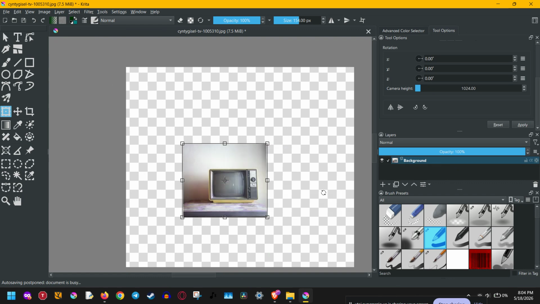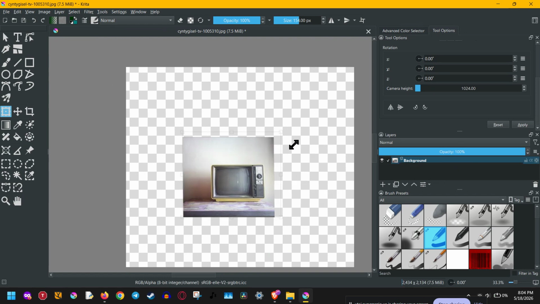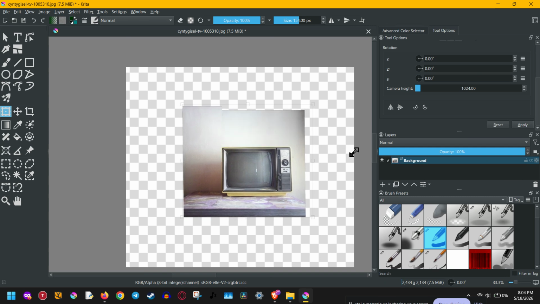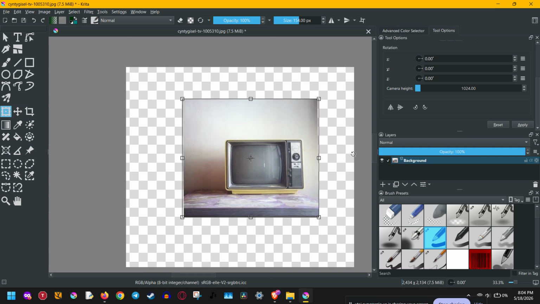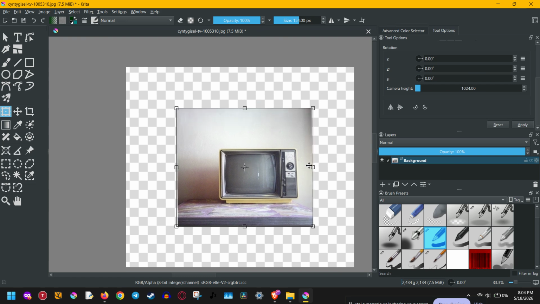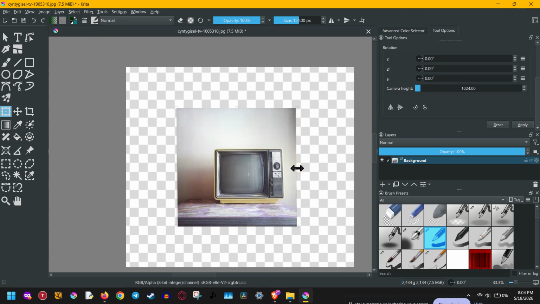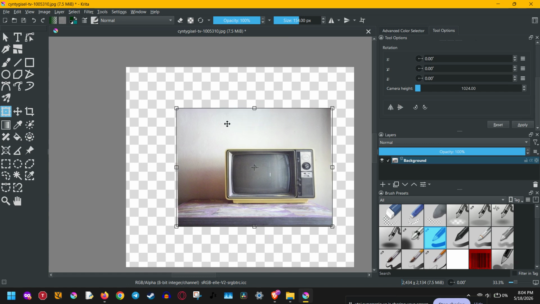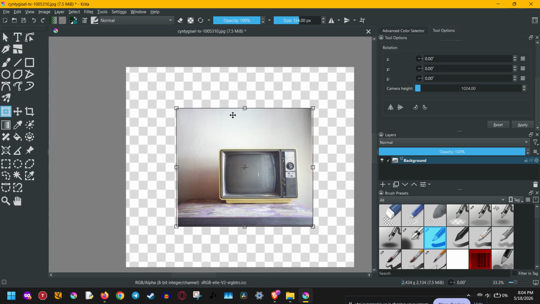distortion. If you want a free scale, you can drag any side handle or corner handle without holding any extra keys. This allows you to stretch or squish the image more freely. This can be useful for quick adjustments, but be careful because it can easily distort the shape if you're not paying attention. If you're trying to make something wider, taller, or fit into a custom space, free scaling gives you